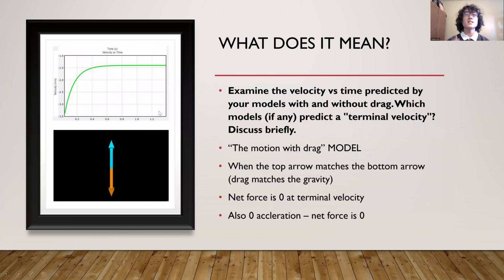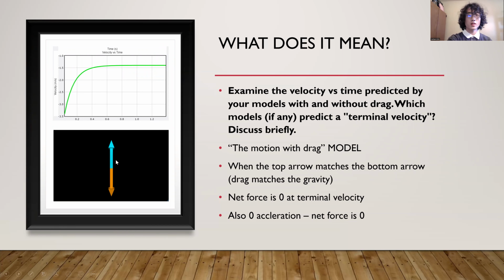So for the What Does It Mean section, we had to examine the velocity versus time predicted by our models with and without the drag. Which model, if any, predicts a terminal velocity? Discuss briefly. And to predict the terminal velocity, we can use the motion with drag model, which is this graph